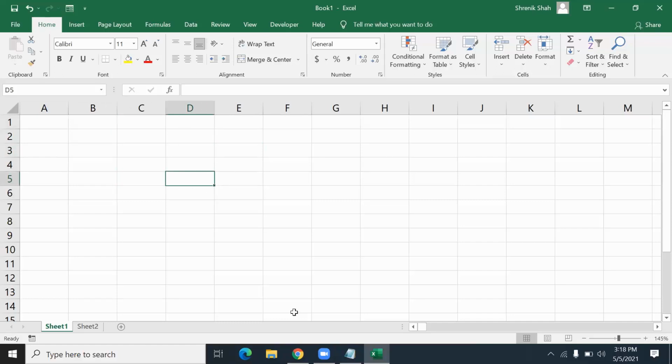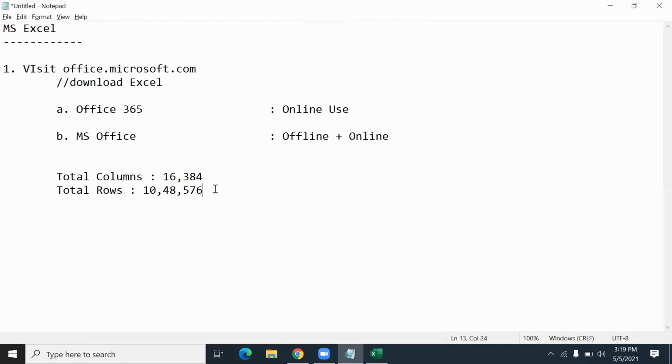Okay, to read a cell in Excel, you first read the column name and then the row number. For example, A10 or B6 or R4, like this.